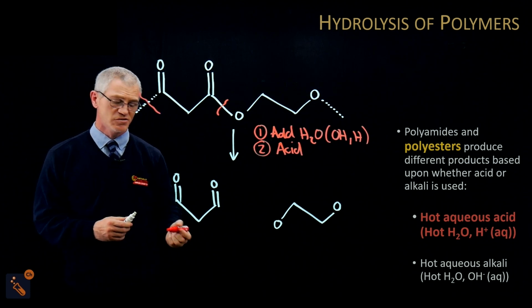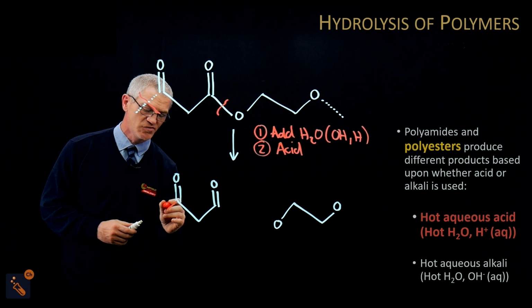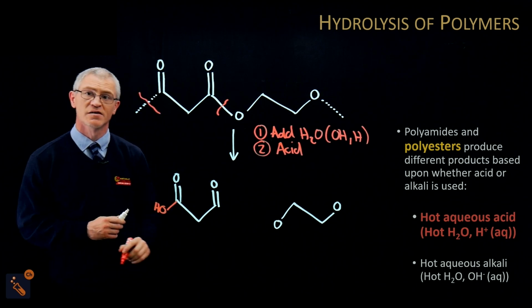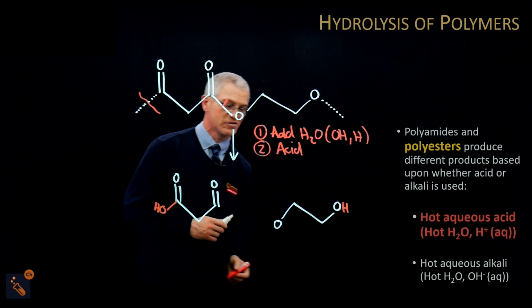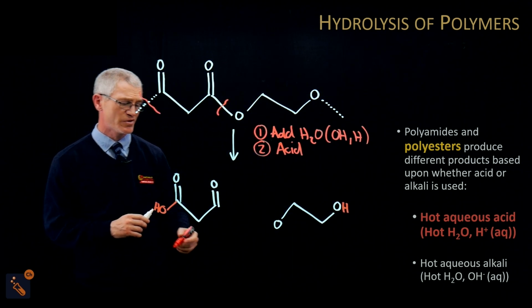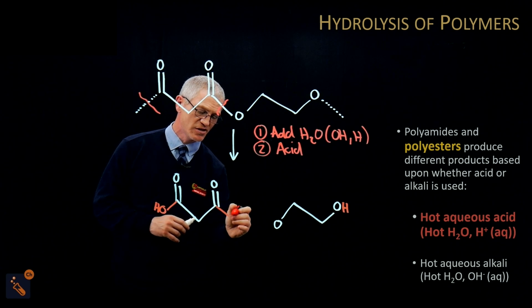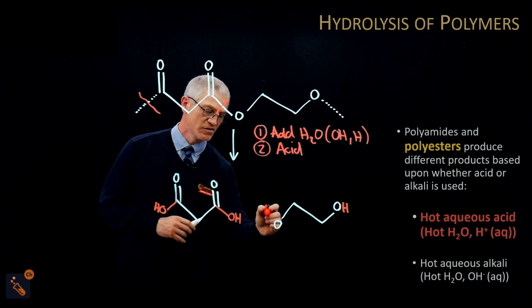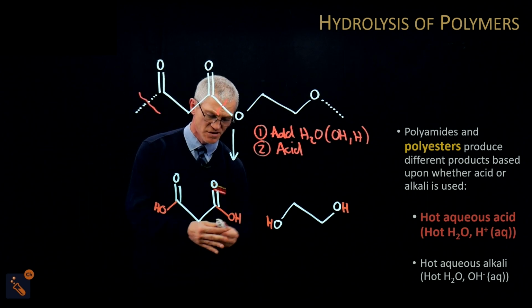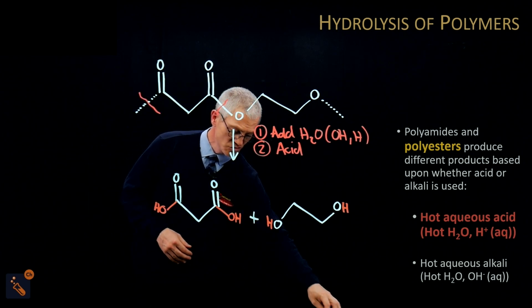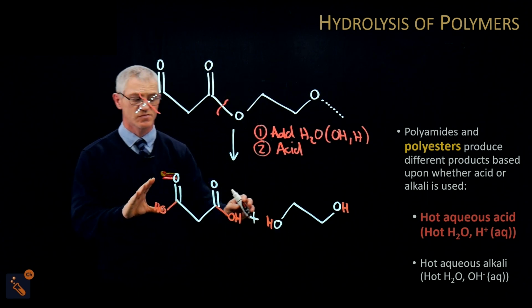I'm going to do one H2O at a time, so I'm going to do, there is my OH, okay, and there is my H. So I've done one H2O, put that back in. Again, here's a carbonyl, I'll add my OH there, and I'll have my H. Okay, that means you'll get two different